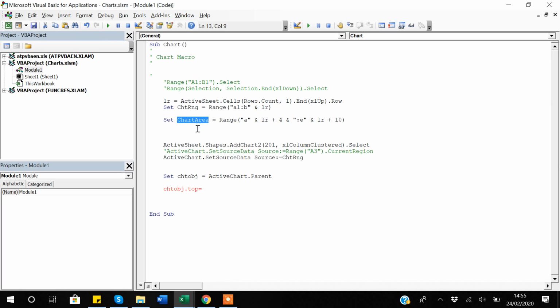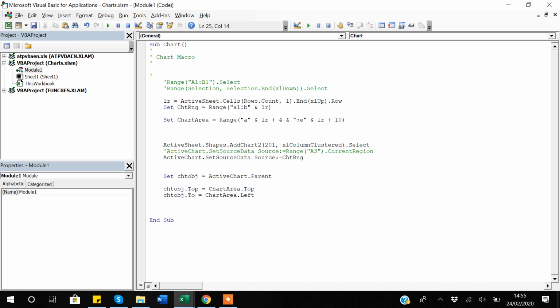So I'll say that my top of the chart will start from the range top which I have defined above. So I will say dot top. In the same way, I can copy this thing and paste it for top left. So actually what I'm doing is that I'm saying that my chart dimensions become the same as the range dimensions that I have specified above. So if I do it,